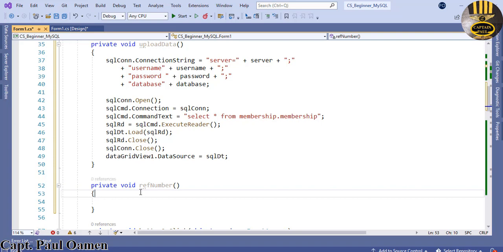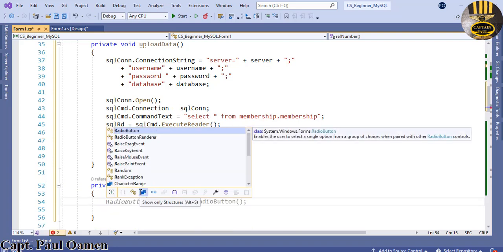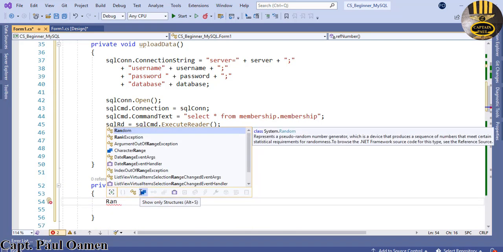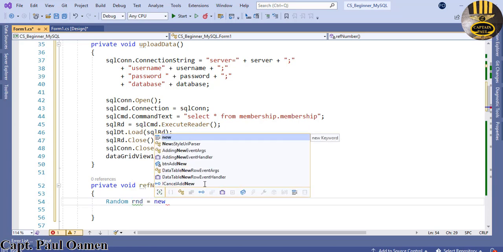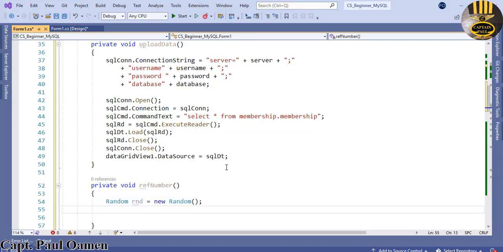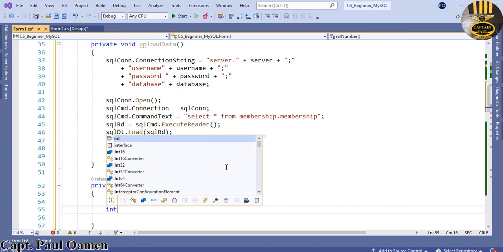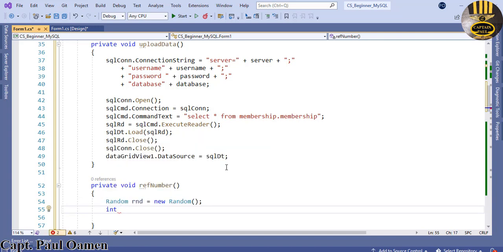So let's use random function. Yep, random. We just say ran, that will be equals new Random. Let's create an integer that we call number, and